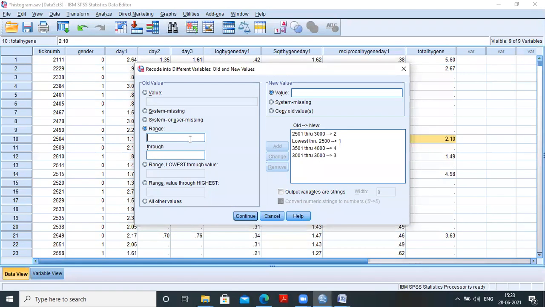Then 4001 to 4500, you have to take it as 5.